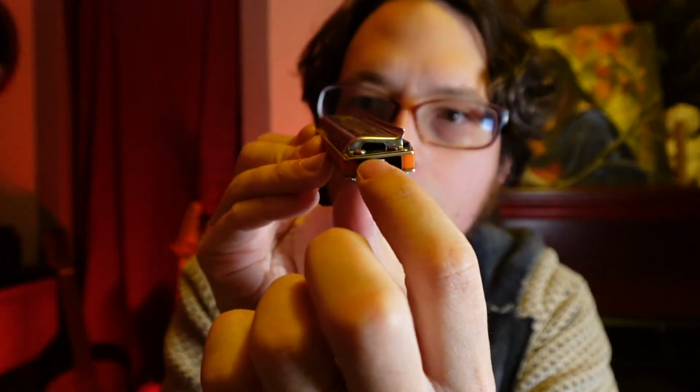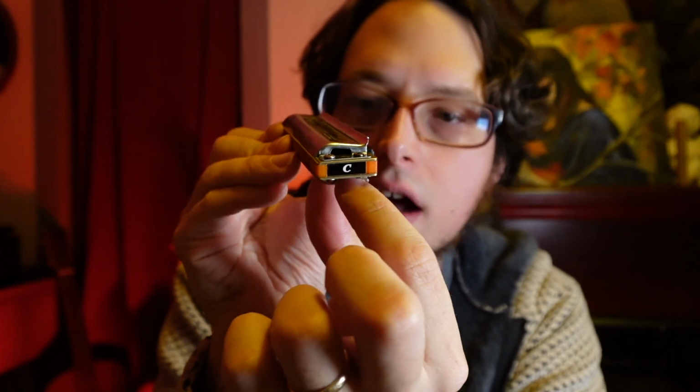Palms go together, okay? Your hypothenar eminences, they're touching. And then this holding hand, nice curve going down, and then your other hand just needs to close like that. Now, if you have a harmonica that has these little holes on the covers, then you may, it's not necessary, but you may want to cover them as well. So when you're doing your hold, remember, thenar eminence to your thumb joint there, palms down, curve your hand, close